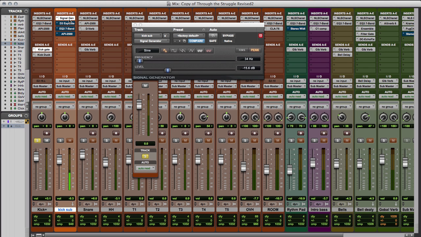And for those of you who don't know what a signal generator is, it essentially makes a note with a sine wave, and you can decide what note it is based on the frequency. Now, what I didn't like about the EZdrummer track is how the low end was, and I cut it all out. So you can kind of guess what I'm going to use this signal generator for. I'm going to use it to replace the low end in this. So